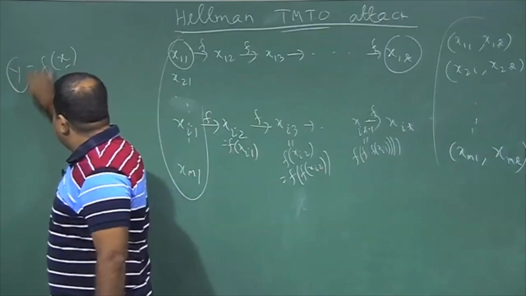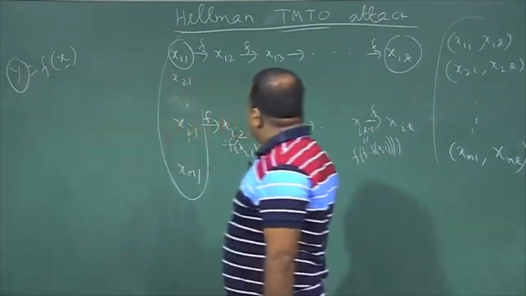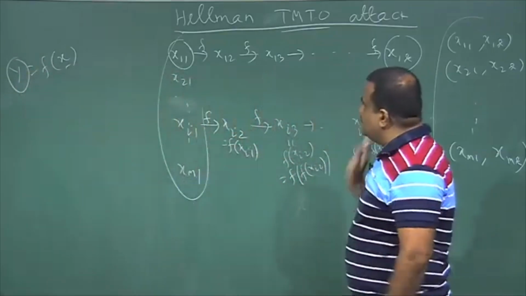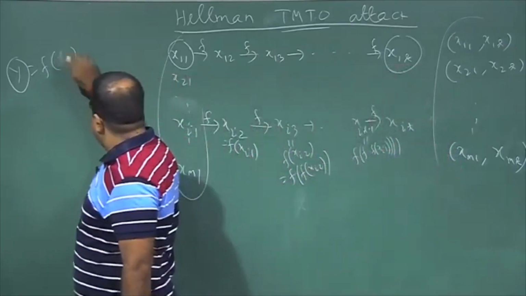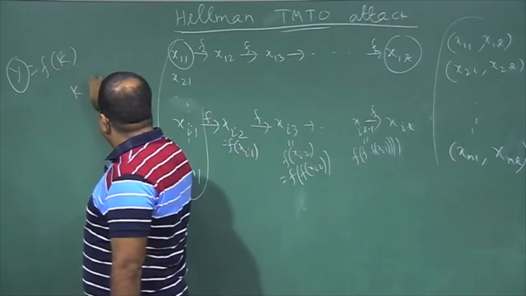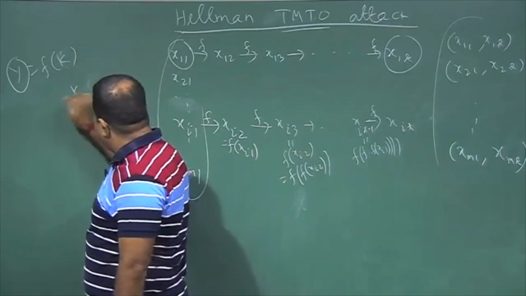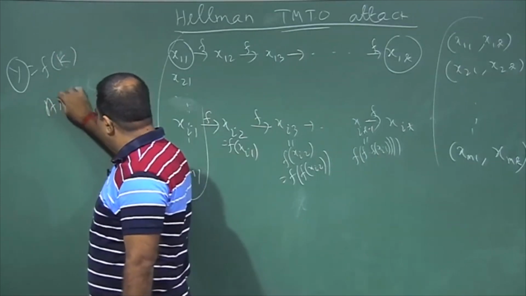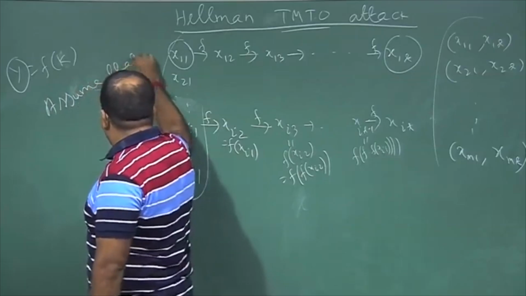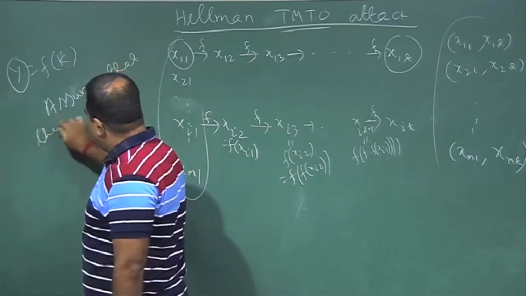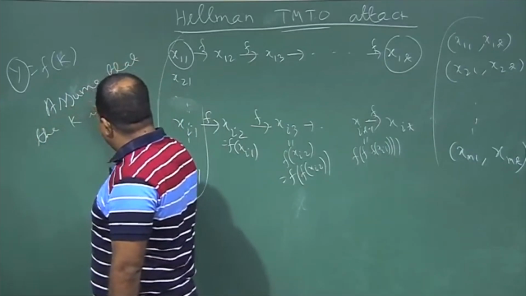We do not know x, but we know the y. Suppose we assume y is in the table, that is, we assume this x, or this k, is in the table. You have to assume this in order for this method to work. Assume that k is in the table,